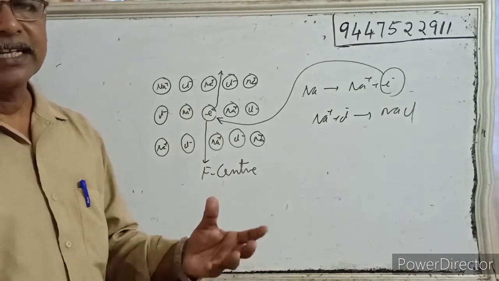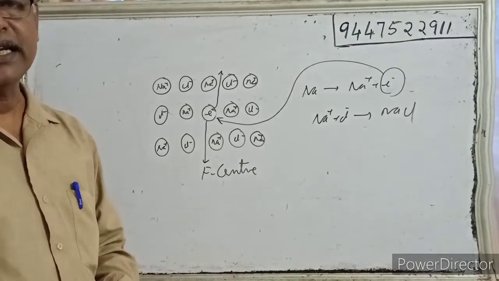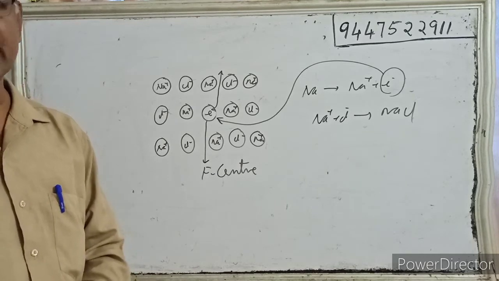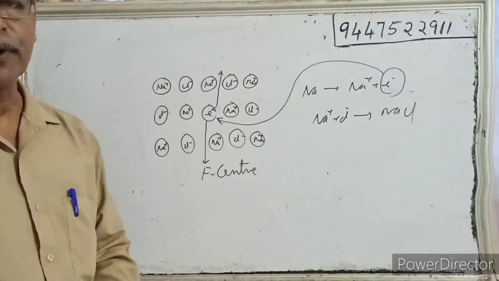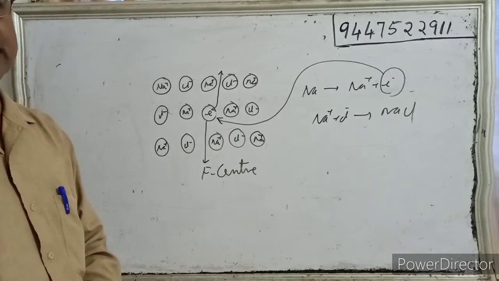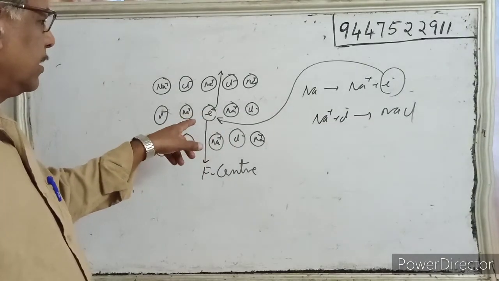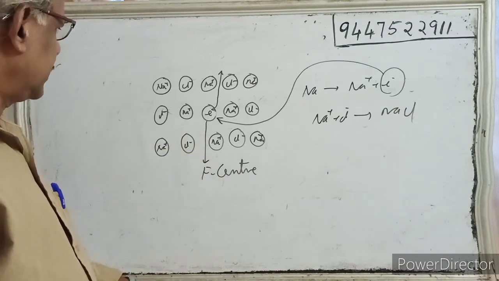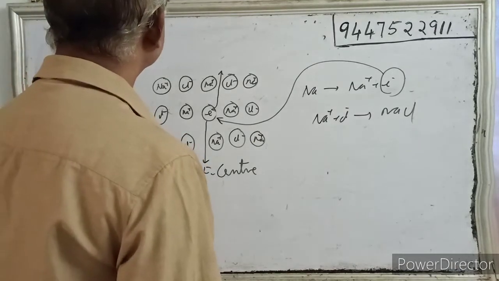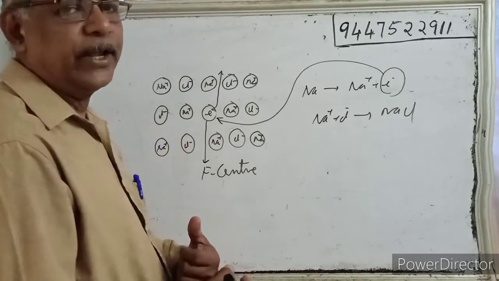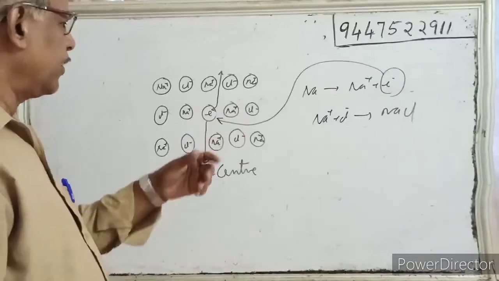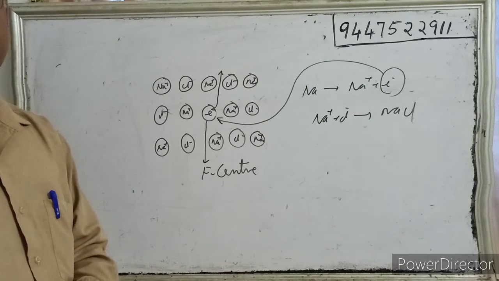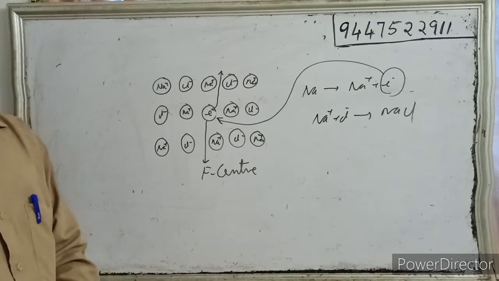Electrons in the F center absorb energy from the light and are excited to a higher energy level, and when they return back, they give out the excess energy as light. In the case of sodium, it produces a yellow color in the crystal. That is the reason. So here the metal is in excess due to anion vacancy. That is why colorless sodium chloride, when heated with sodium vapor, produces a yellow color.